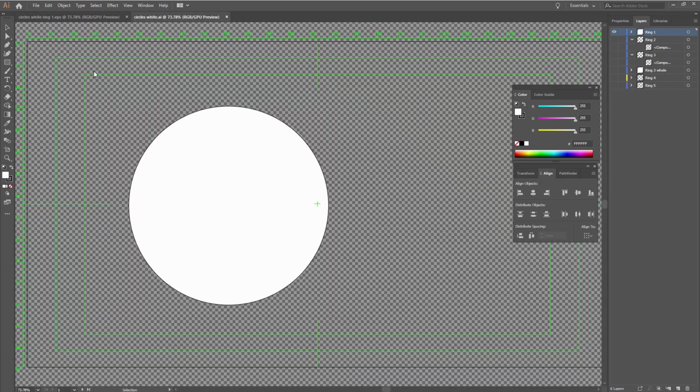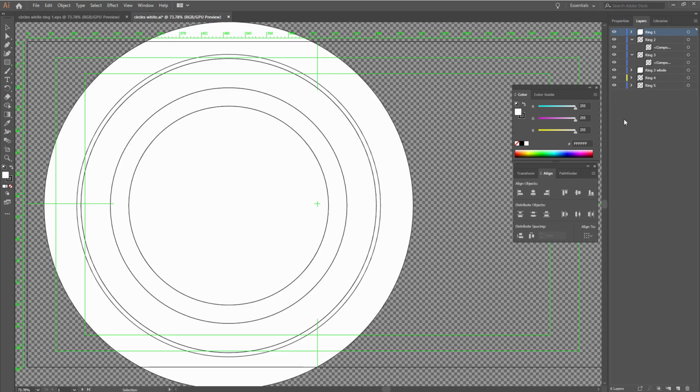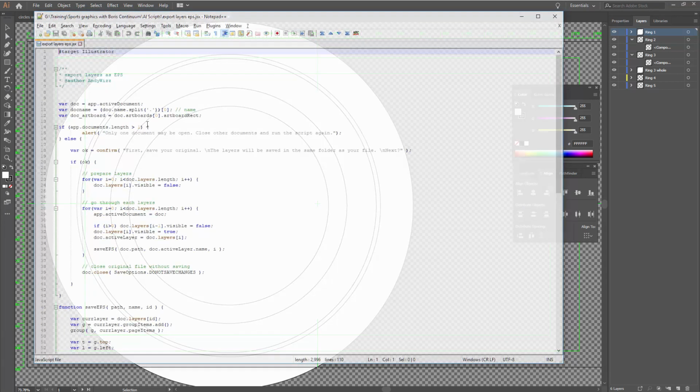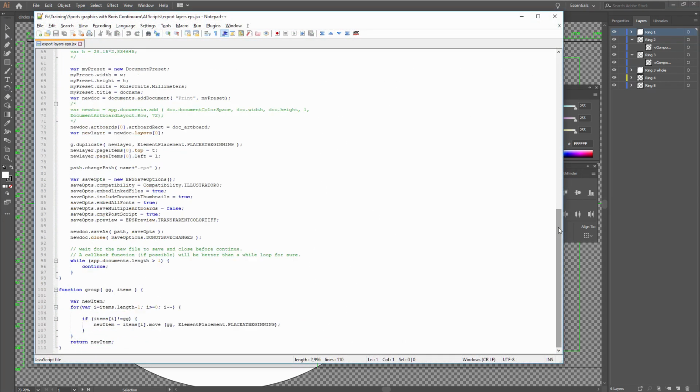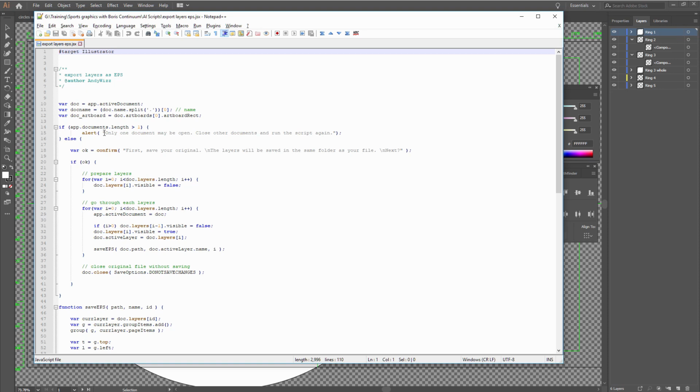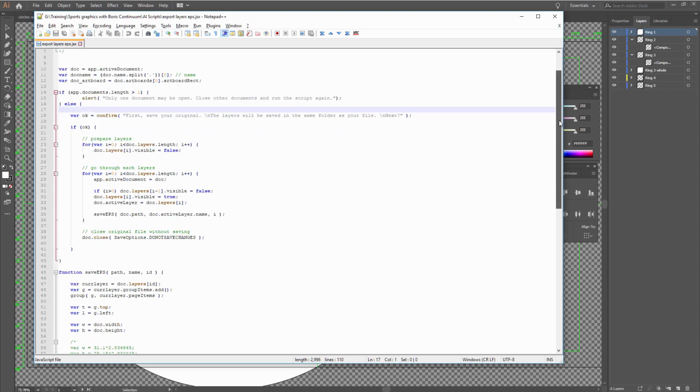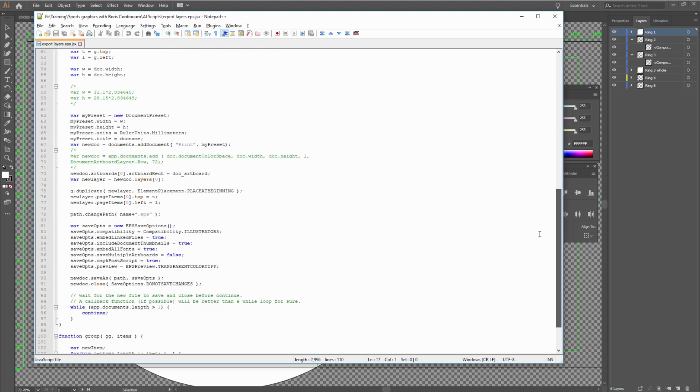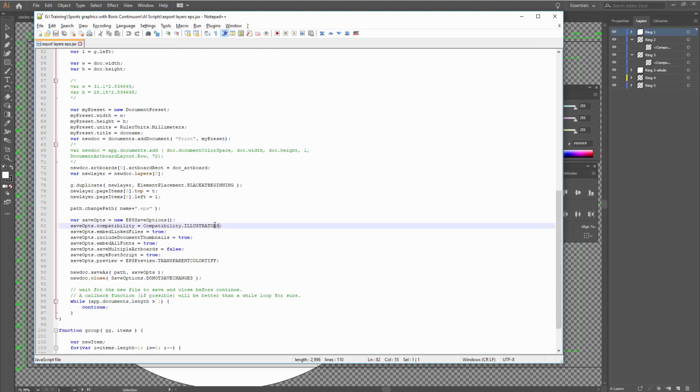What I'm going to do instead, though, is I've got a script that makes things a whole lot easier to take this stuff out of Illustrator. And it's actually a script by Andy Wiz. The only thing I've actually done to it is translate some of the alerts into English from German. And I've made sure that on line 82, I've taken the compatibility to Illustrator 8. Everything else is just as it is in the script.